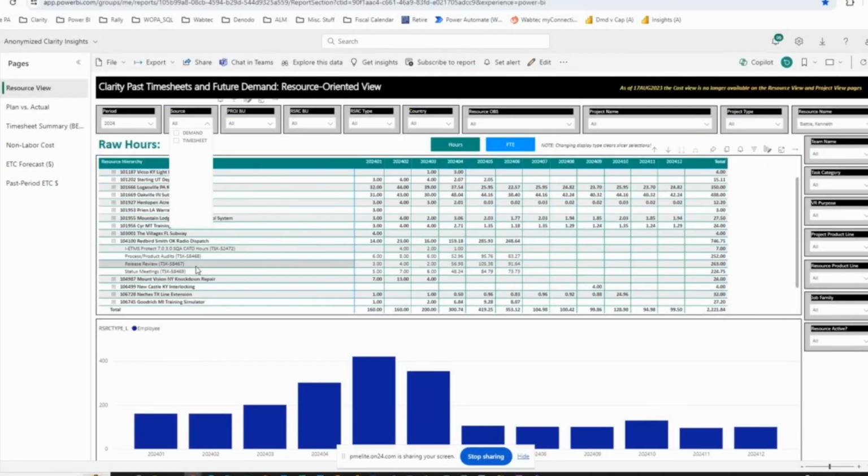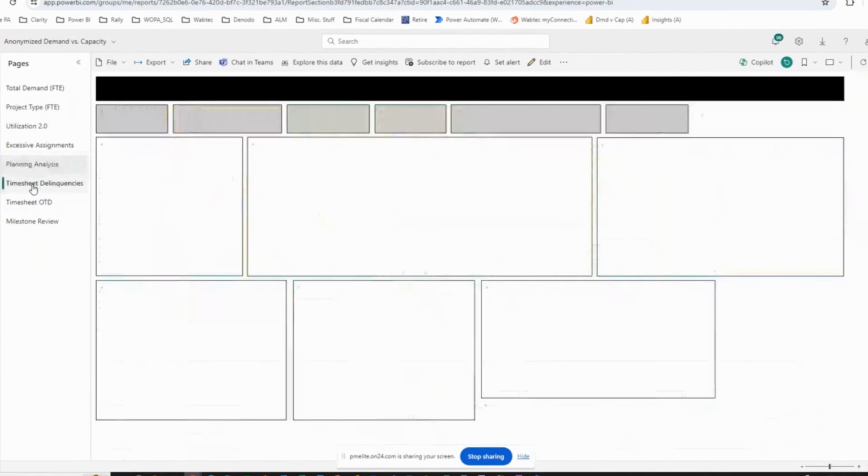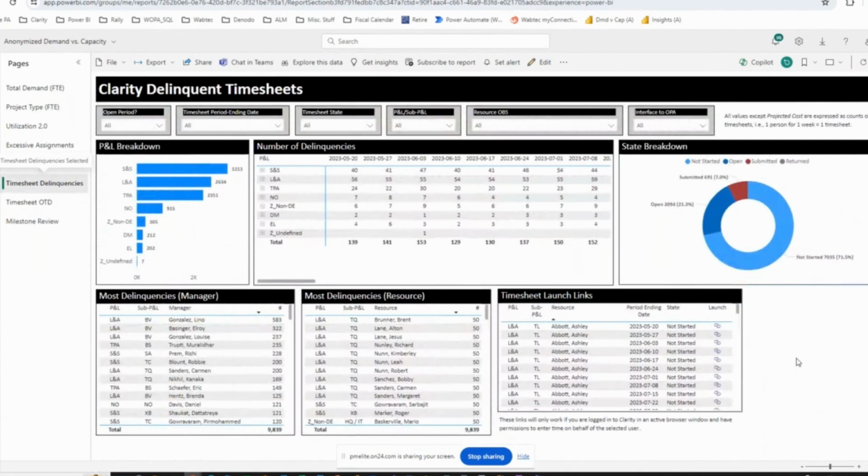The next question then is, who is making your life harder? And for that, I'm going to go to the timesheet delinquencies page. Because for those of you who are using time entry in Clarity, or any other time entry system for that matter, you inevitably have people who don't want to do their bloody timesheets. They either don't do them at all, or they wait until the end of the month and do the entire